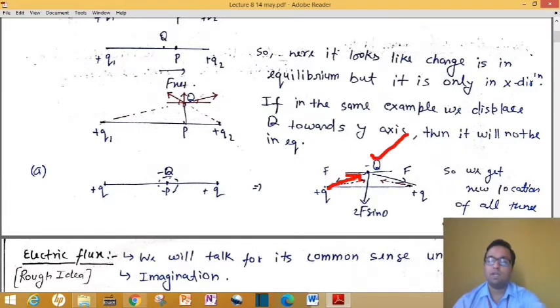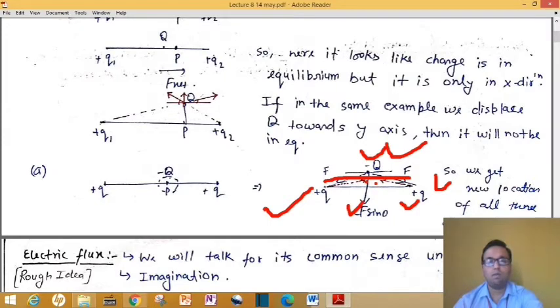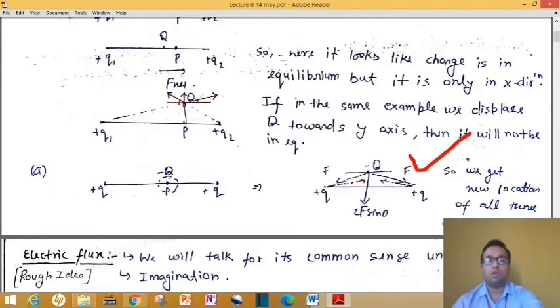But at the same time, this plus q charge will also experience some attraction force by this minus q, because it is not fixed, it is free. So this minus q charge is going in the downward direction, but this plus q charge will move towards this minus q along this arrow. I mean to say all three charges will move, and the equilibrium will be set up at some different location. Their locations will change. After some time, all three charges may come into equilibrium, but the location will change. So we can say our whole system is not in equilibrium.